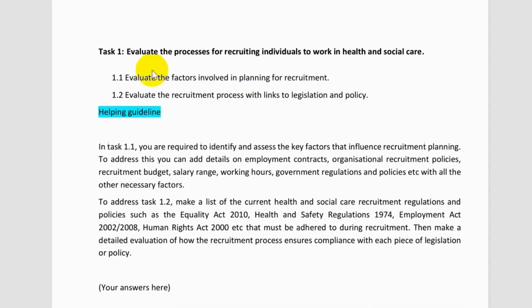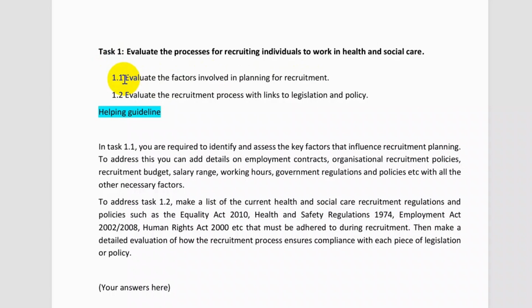Now, this is the learning outcome one, which is all about evaluating how we bring new people into the health and social care world. In which, for the assessment criteria 1.1, you need to evaluate the factors involved in planning for the recruitment. Under this assessment criteria, first you need to identify different factors that are involved in the planning process of the recruitment.